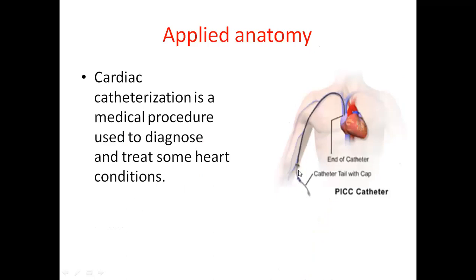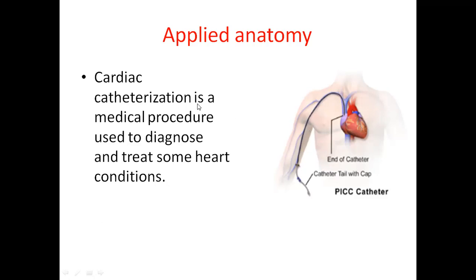Now, if you observe this basilic vein, it is quite straight and it is directly opening into the heart, right? So that's the reason if you want to do any catheterization, that means when you are passing a catheter through the vein in order to do some diagnostic procedures or for certain treatments, you can make use of this vein. That is the basilic vein because it is much in a straight line with the superior vena cava. Very easy to reach the heart.